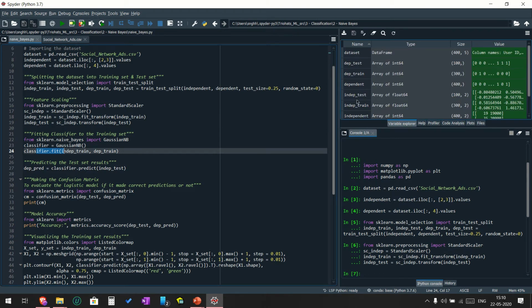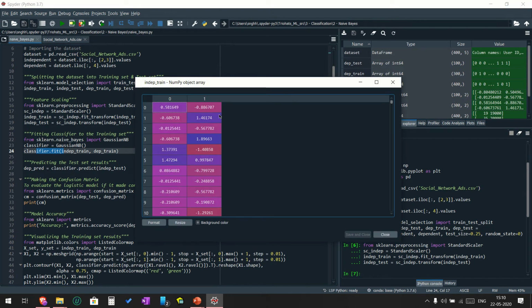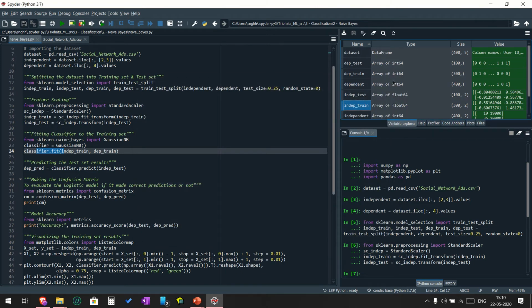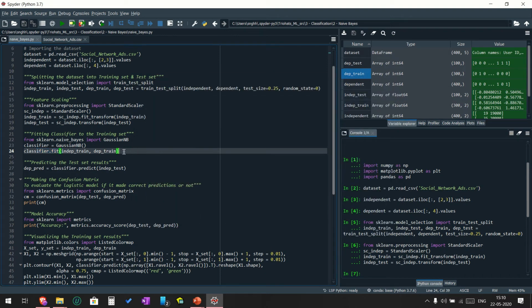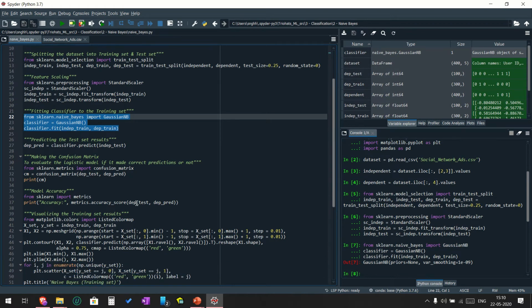So the independent training set consists of 300 values. As you can see, it has age and salary after being scaled, and the dependent train set also has 300 values, but only the purchased column. So fitting all these, and now it's time to predict.